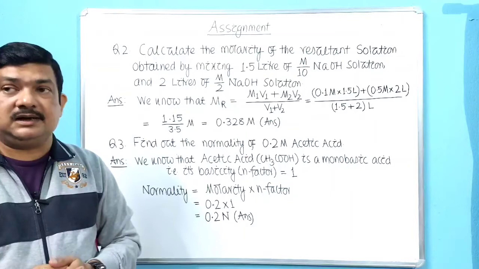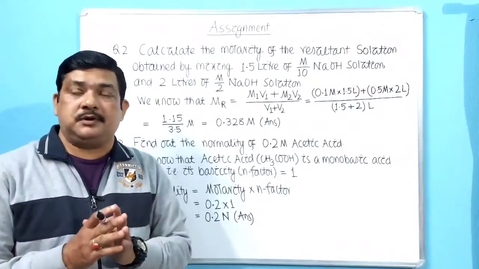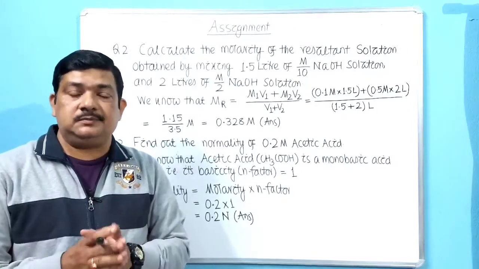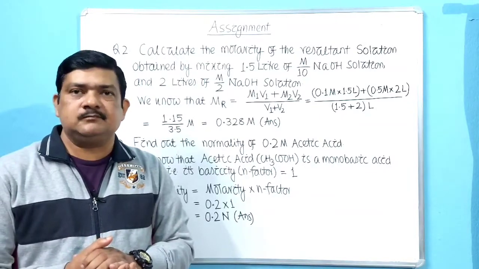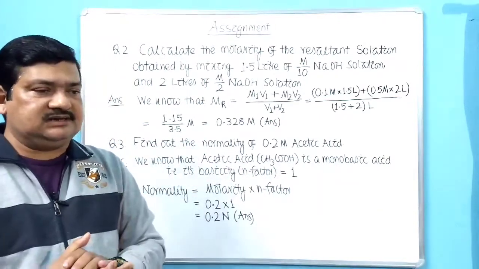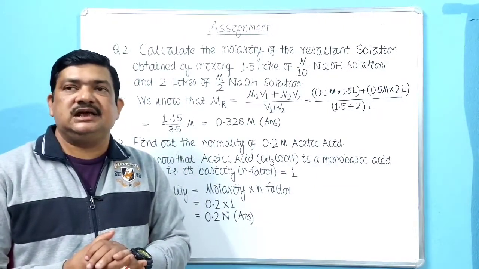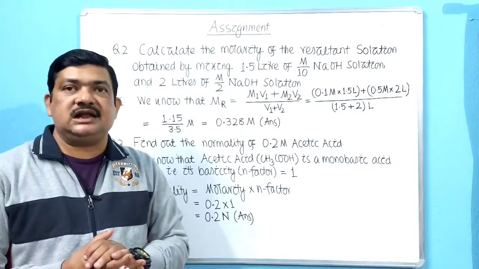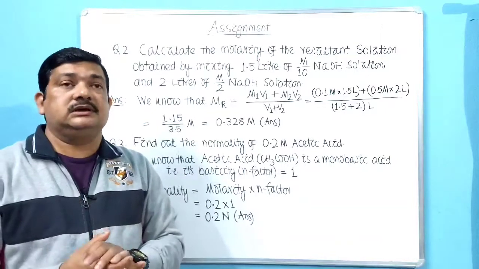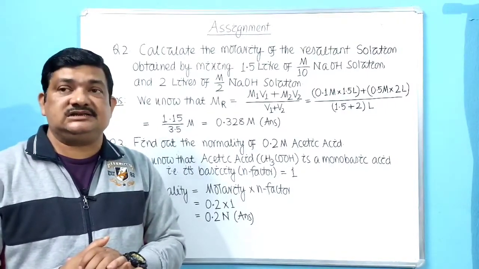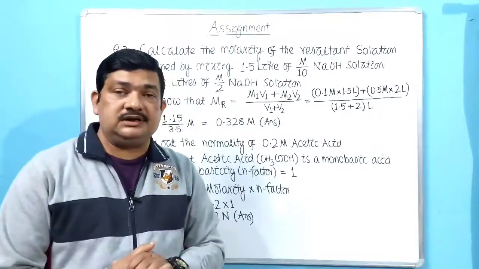Next we will discuss formality. It is defined as the number of gram formula mass of the solute present per liter of the solution. Then the question comes, what is formula mass? In some cases, like sodium chloride, it does not exist as a molecule. It exists as a network of ions or cluster of ions. So for those compounds, it is more appropriate to